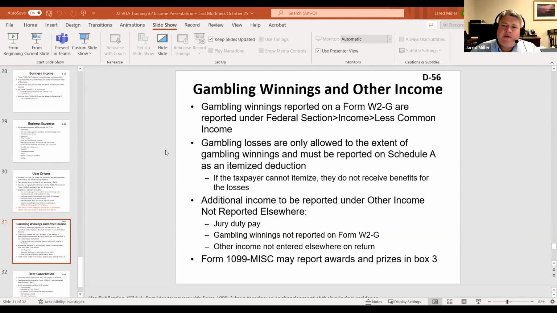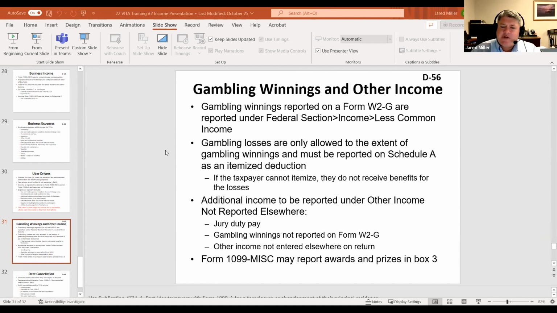So hopefully we don't have those situations within our taxpayers, but just want to remind them that if they do get gambling winnings, they will get a form from the government or the casino basically showing how much they won. They need to keep track of their losses. We can take those, but they have to be an itemized deduction for those to actually work for us.